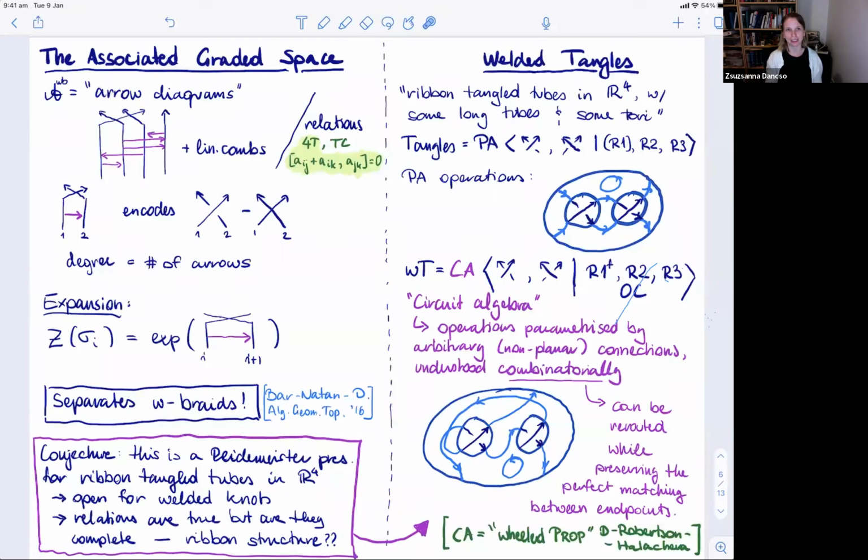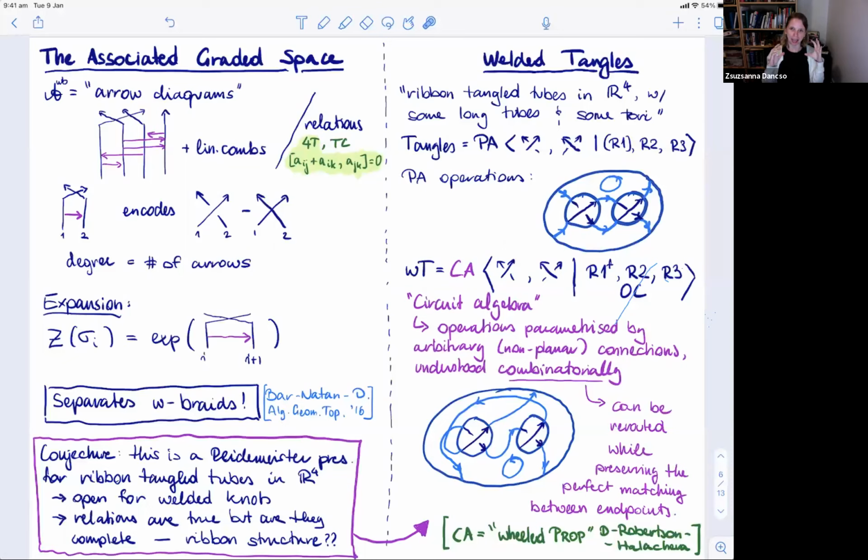Planar algebra is a concept that was introduced by Vaughan Jones. And it's basically a linear space where multiplication, and I say multiplication in quotation marks, multiplication operations are indexed by